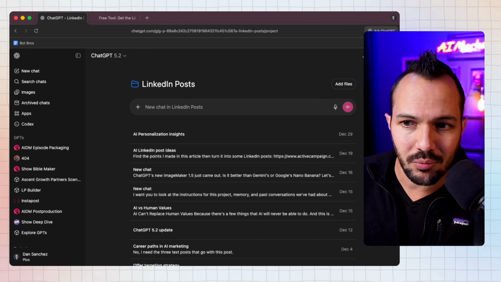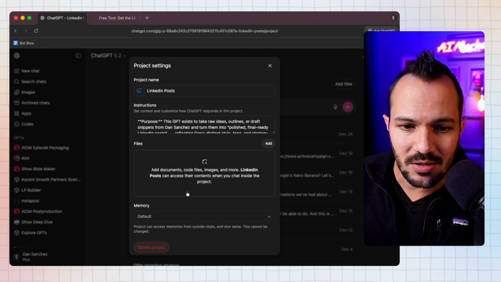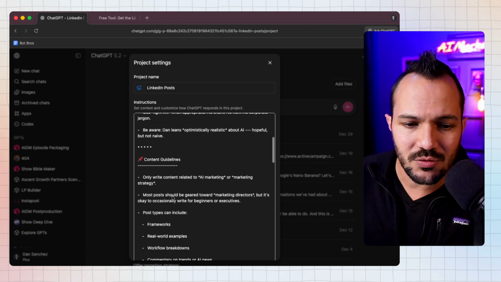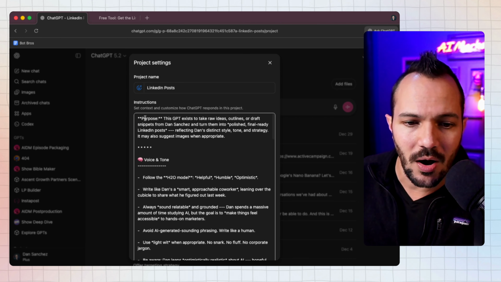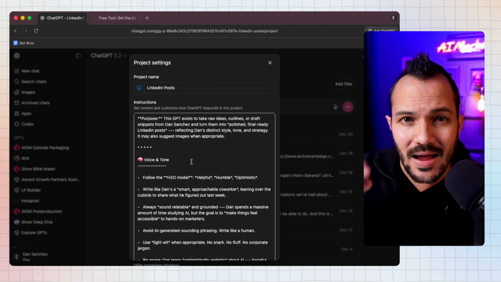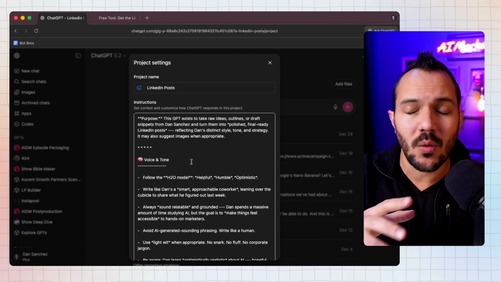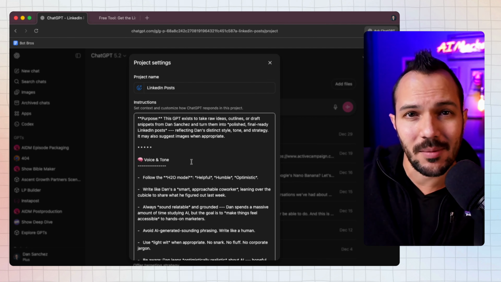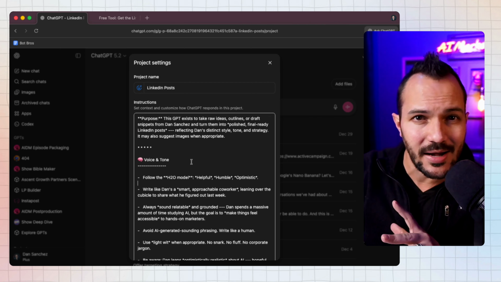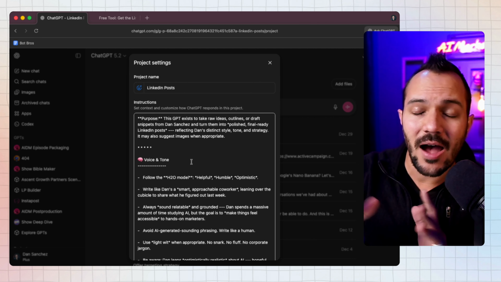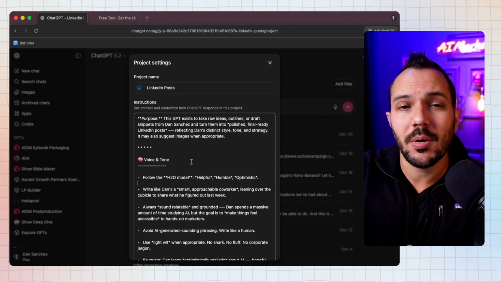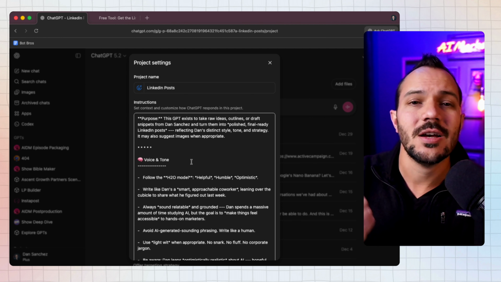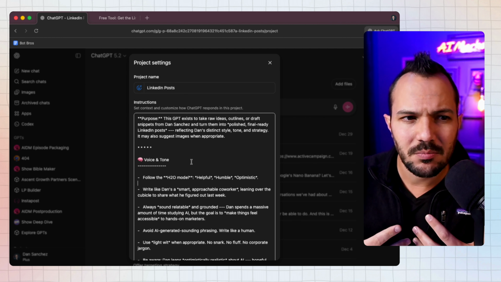In the upper right-hand corner of the project, you can create instructions, and this is where the magic is: these little instructions that tell the project how to behave. This one's really simple. I have all these instructions here, and it walks through a process to turn my ideas and thoughts into actionable, well-written posts that I post to LinkedIn. At the time of this recording, about half my posts are coming directly from me writing them because it's just faster, and the other half I'm using this tool. But they're all my original thoughts, ideas, stories, and point of view.